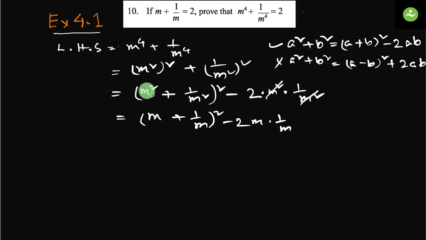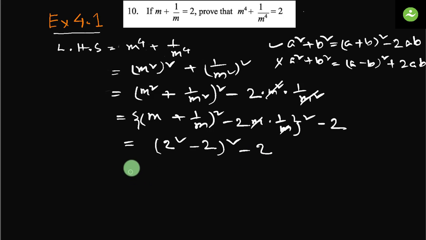Now there is a whole square, so let's put a second bracket. Why do we put a second bracket? Because there is a first bracket inside already. So whole square is whole square, minus 2, equals, let's put the value m plus 1 by m, 2. So this is 2 square minus 2, simplify. So this is 2 square minus 2, there is a whole square